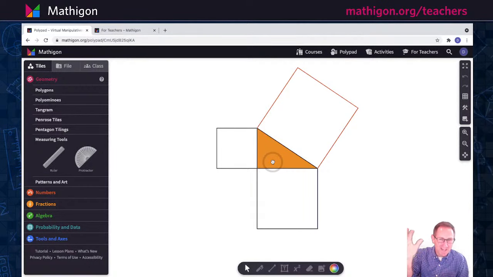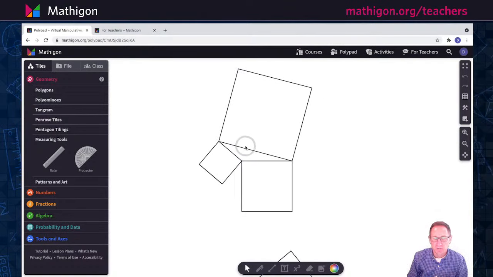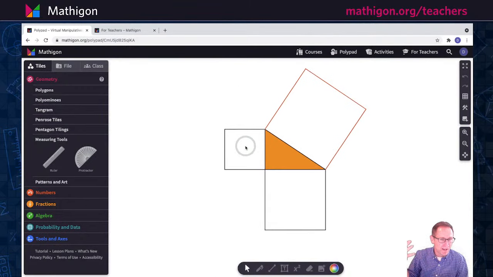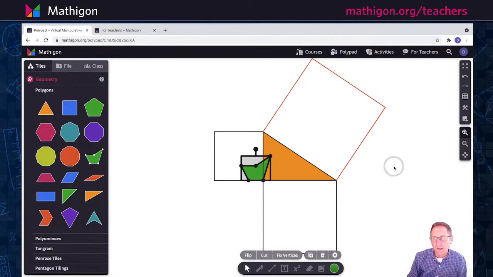But imagine kids had gone through the experience of drawing any triangle that you want. And students might have drawn a right triangle, some might have drawn an obtuse triangle or an acute triangle. And then as a class, whatever triangle they built, we talked together about how to use the ruler and the protractor to build a right angle and draw squares. And then we did a lot of noticing and wondering, and we got to the point of we wonder how the area of these squares compare to the big one. And with the custom polygon tool, I can just drag the vertices into the square,